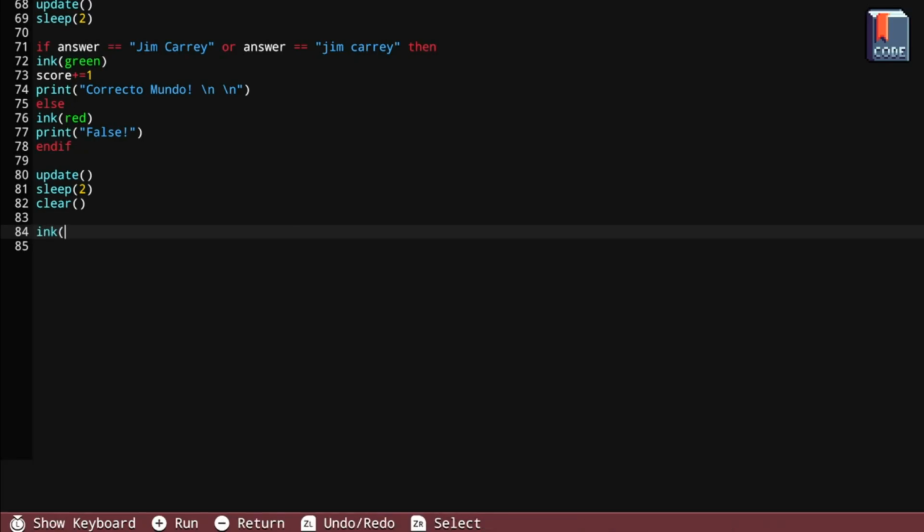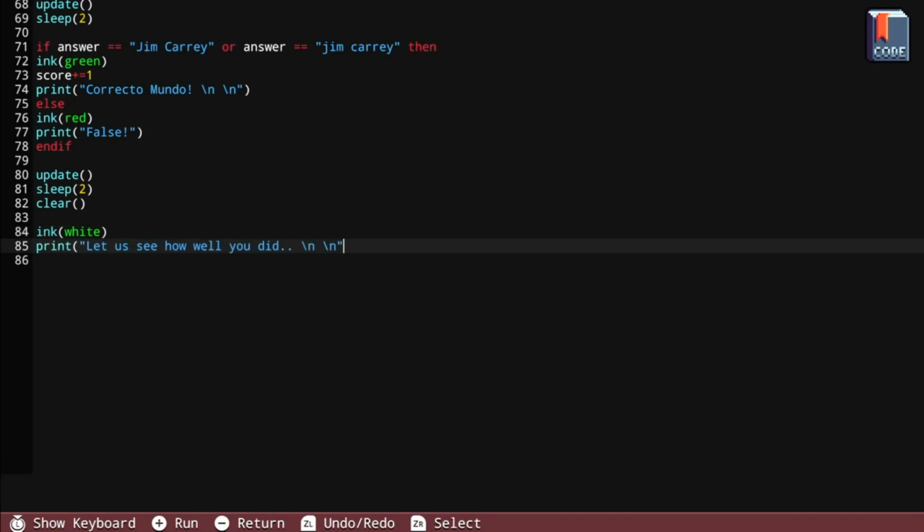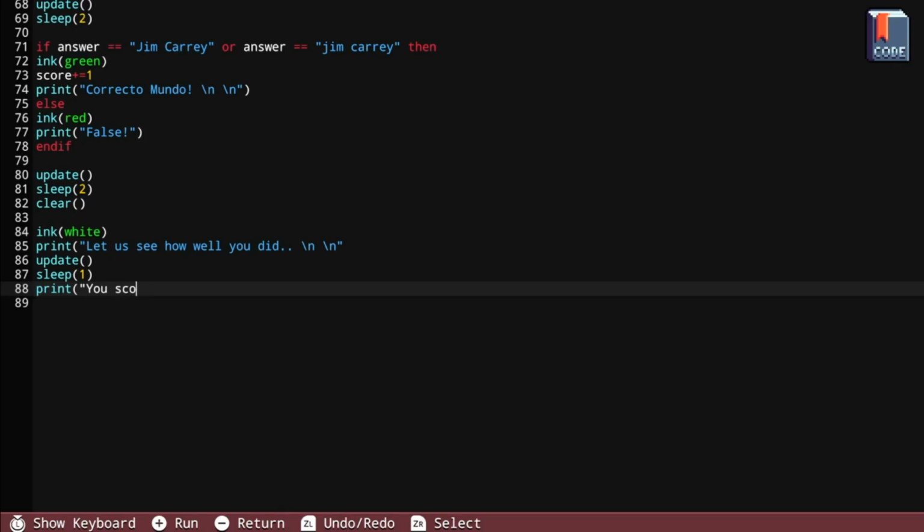Let's change the ink to white. Print. Yeah. And let's do update. Sleep. Let's just go 1 second on that one, just to speed it up. So we're gonna do print. So let's say you scored. Close that. And then we're going to add the score variable, because the score variable should have been keeping track